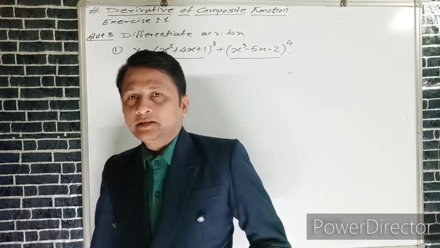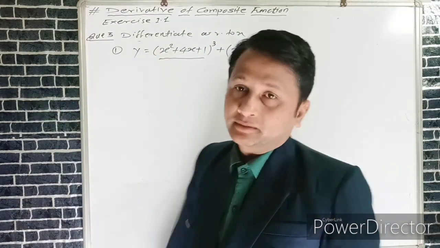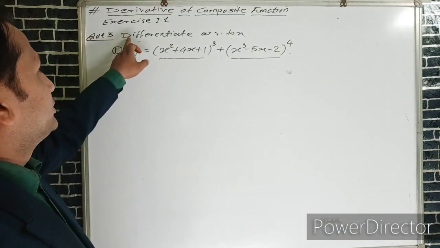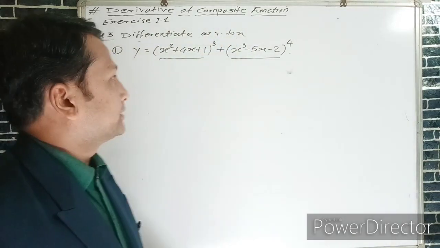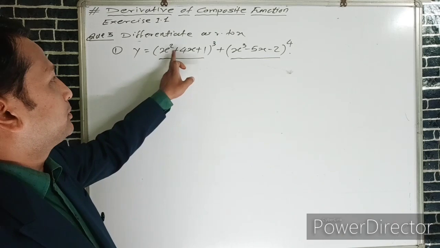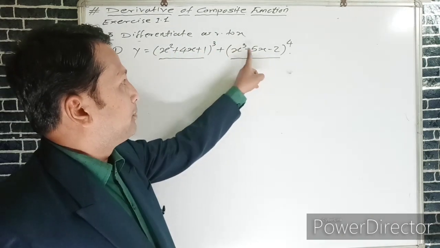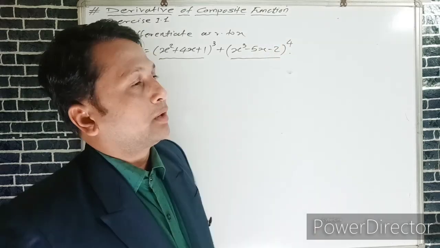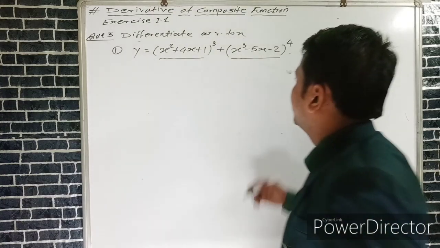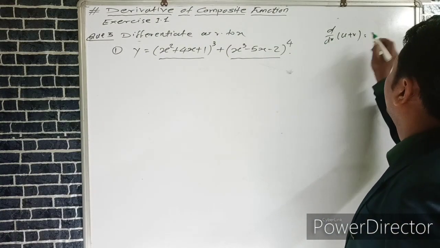Now we start the next question in exercise 1.1, which is question number 3. This question is: differentiate with respect to x. The first example is y equals (x² + 4x + 1)³ + (x³ − 5x − 2)⁴. The given function already is in the form of u plus v, and we know that the derivative